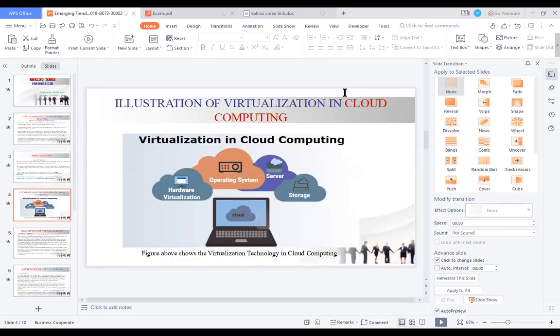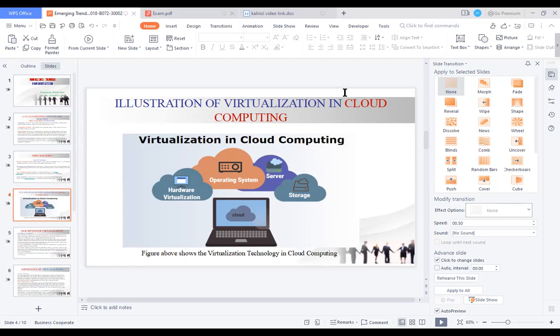Then here we have a diagram or illustration of virtualization in cloud computing. For example, here we have a system computer and we have hardware, virtualization, operating system, server, and storage.